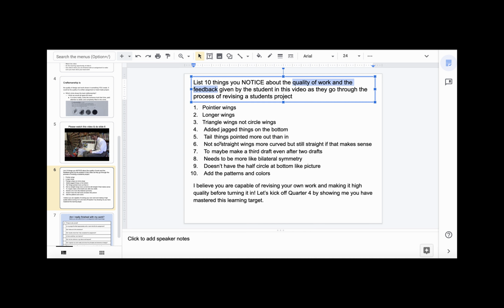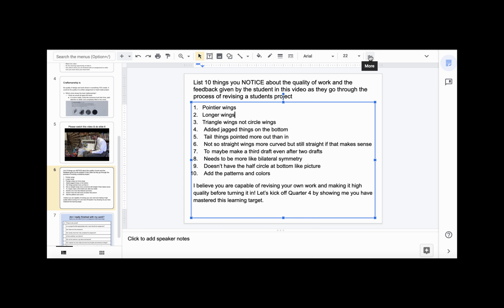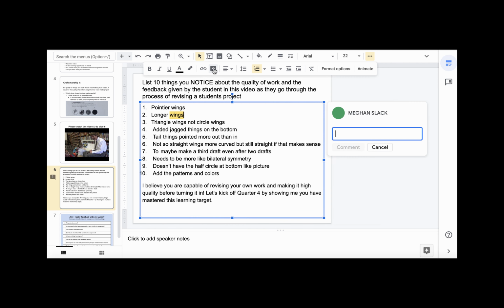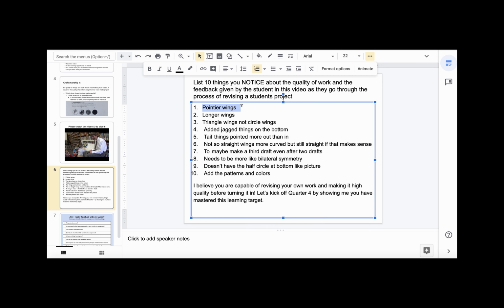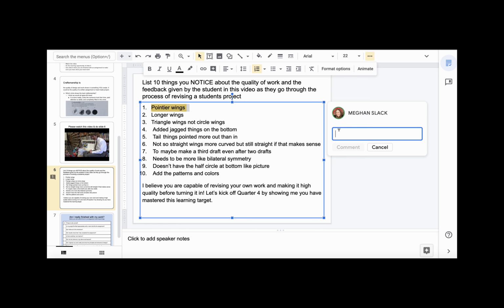What I need you to know how to do for the next step of this quality of work assignment is to be able to comment. Because I'm in Google Classroom, it may look a little different, but when I click these three dots, there is a symbol with a plus sign that looks like a word bubble. That's add comment. Anything you click on, if I were to highlight pointier wings, I could make a comment and say,